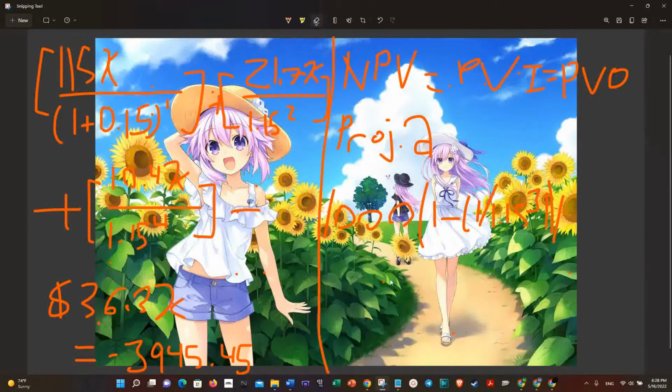Let me actually just write it in the line so that it's not as convoluted to follow. 0.15. Okay? Now that you have that there, you realize that this gives you